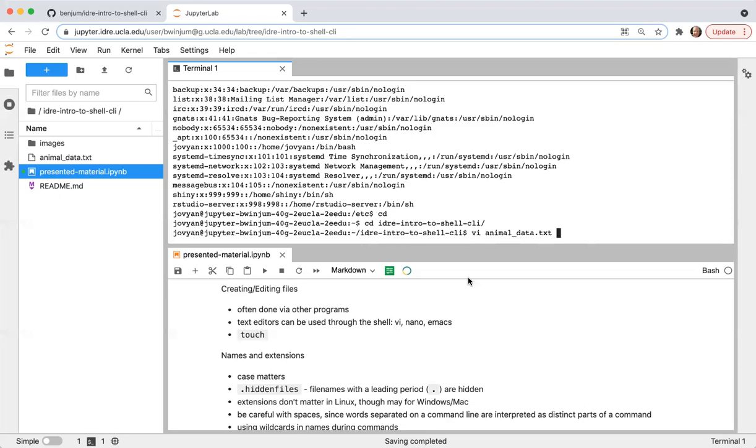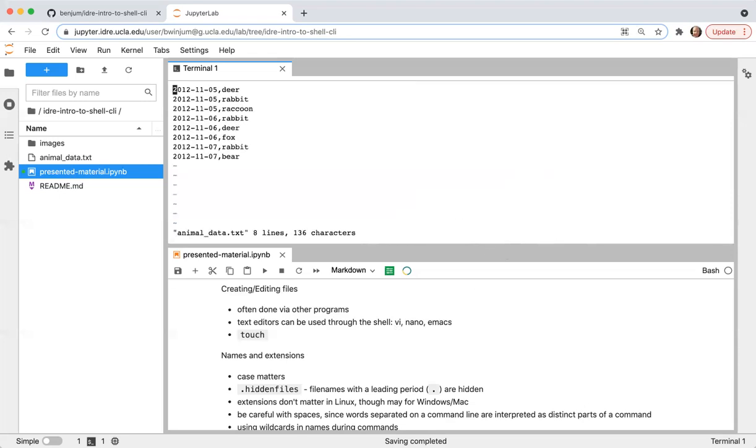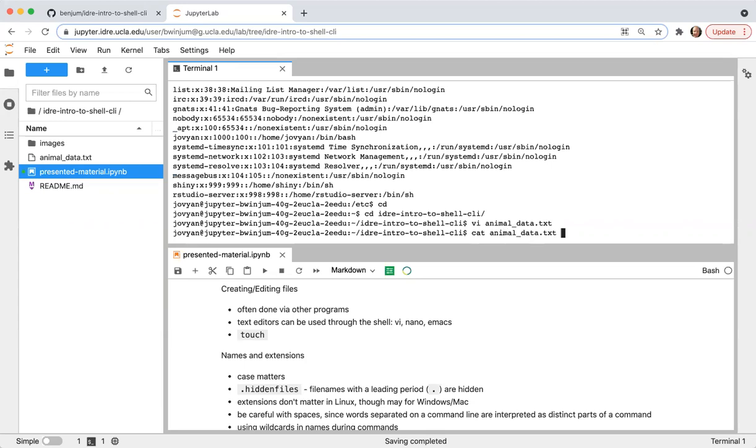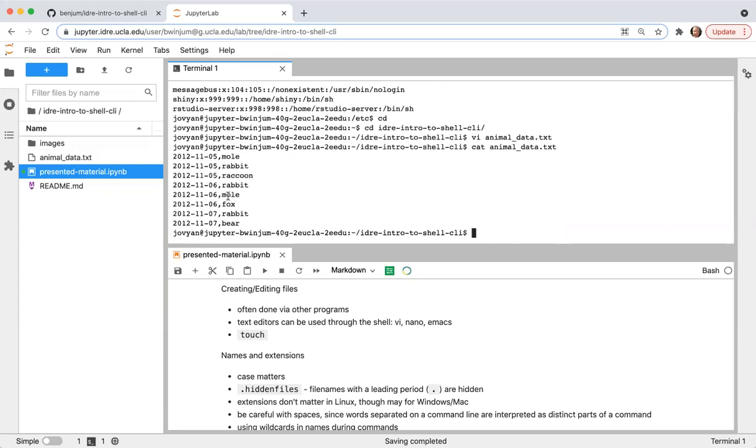You don't have to worry about what I'm doing, but vi animal.txt will open up the text editor. I can change to a different place in the file relatively quickly. I can use kind of a cryptic command to change all of the occurrences of deer to moles, say, and that changes the two things. And then I'll save the file and exit out. So now inside of the file, deer has been replaced by mole in my case. This is just an illustration that once you get proficient at some of these text editors, you can do this relatively quickly.